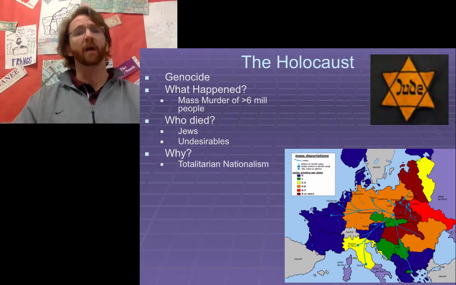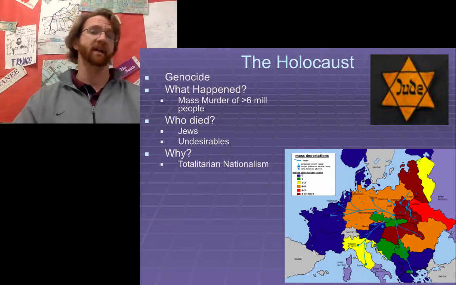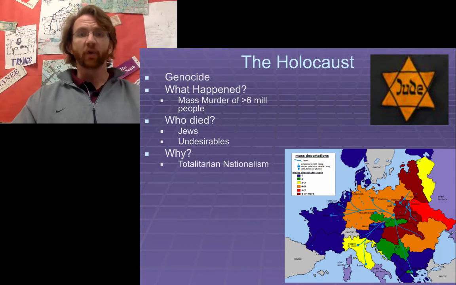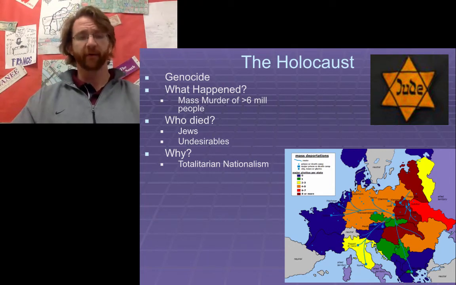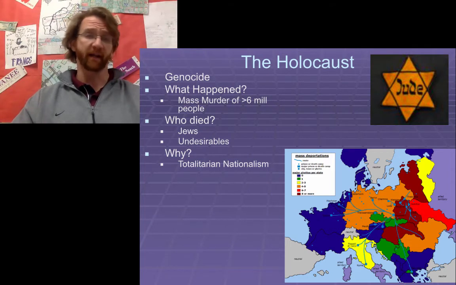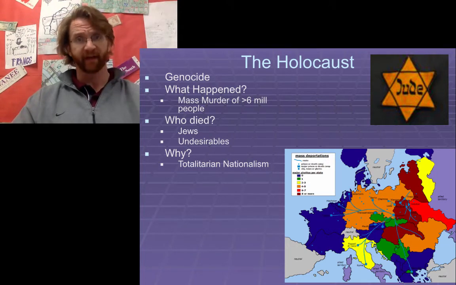And why was this? Well, what allowed the Holocaust to happen? Well, for one, it was totalitarian nationalism. The idea that the Germans were a nation, and that they eventually gave up total control of their government to one person, kind of led to this. He whipped up the sense of nationalism that we are better than everyone else and we are the best. It feeds into this sense that anyone different from you is inferior, and the different people are to be feared, and there's something wrong with them because they're not us, because we're better than they are. And that's one of the things that allowed it to happen.